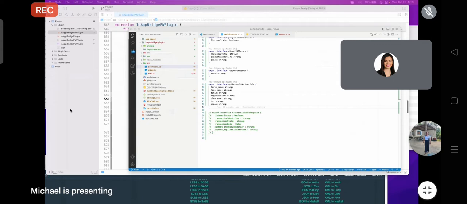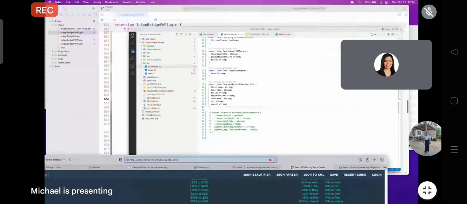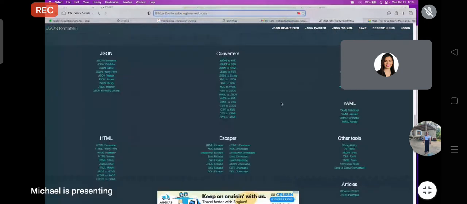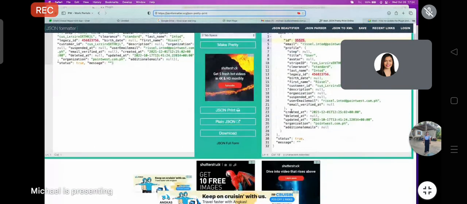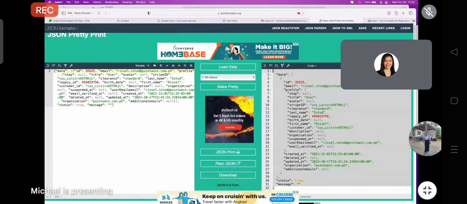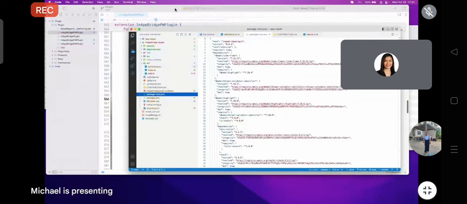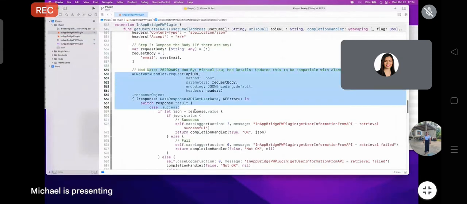Yung desired output natin is ito. Ito yung makukuha natin direct from Swift. However, we have to define each and every single one of these because Alamofire, please take note of this,